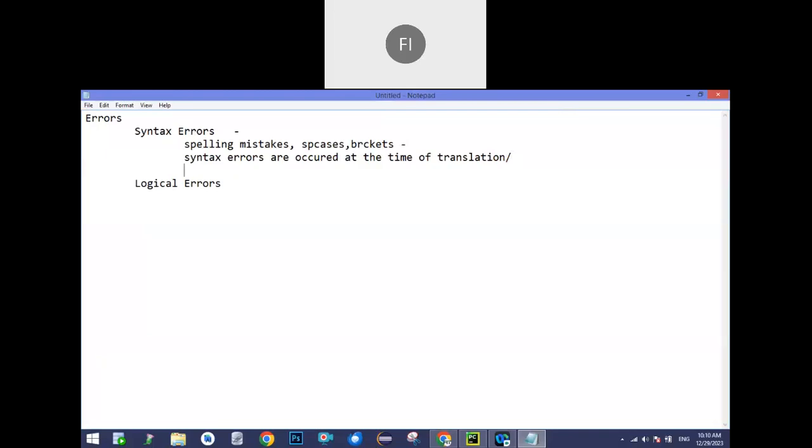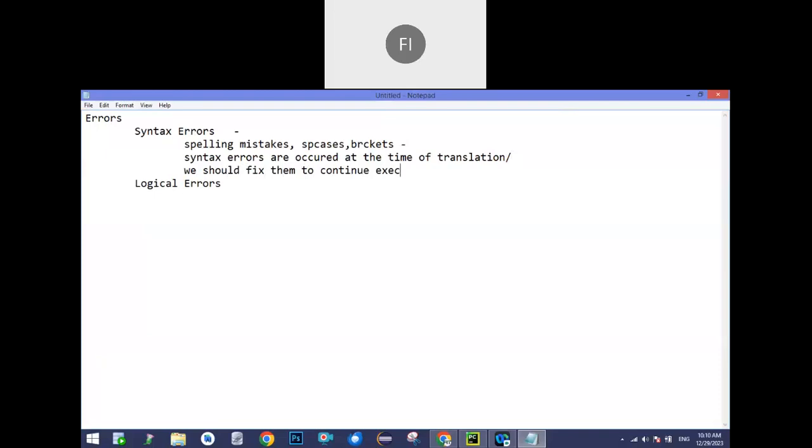And the last point, with syntax errors we can't run any program. If you have any syntax errors, you have to resolve or fix them, and only then can you go for execution. Otherwise you can't execute the program until you clear those errors, okay. We should fix them to continue the execution, otherwise we can't proceed further.